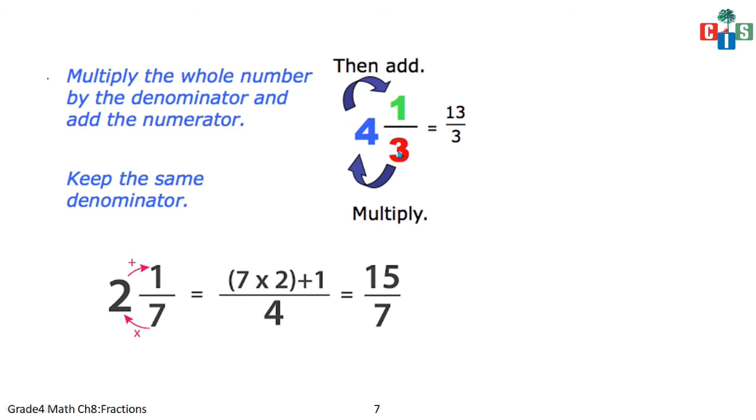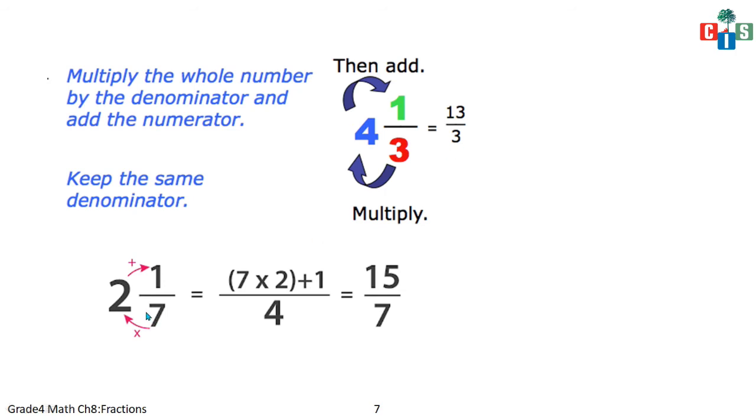Now in this what you have to do, see 4 and 3 you have to multiply here and you have to add here. See the arrow here and you have to multiply. See the arrow here, then you have to divide. Okay, now see, then you have to keep the denominator as it is. Now ma'am is telling you, see 4 3s are 12 and 12 plus 1 is 13 and 13 by 3 you will get. Fine.